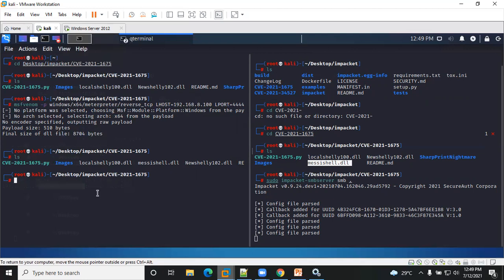To set up a listener, we are going to use the Metasploit framework. So I'm just going to run msfconsole to launch Metasploit, and while we wait for the console to come up,